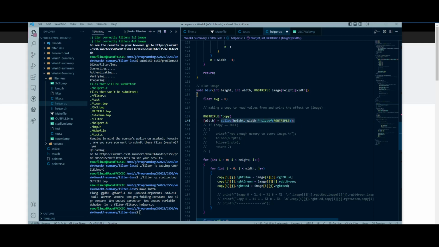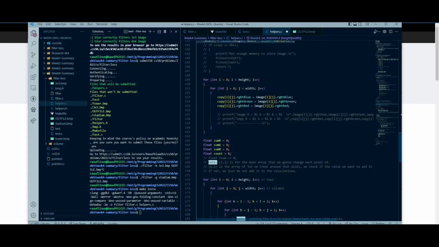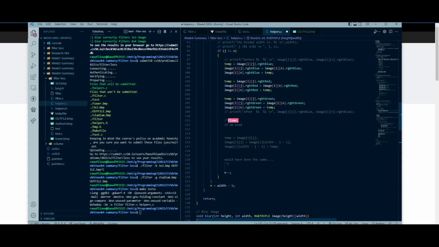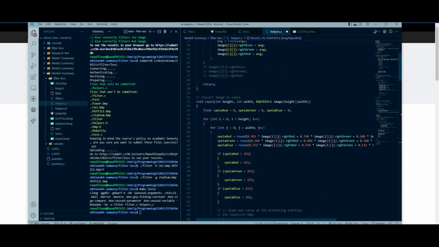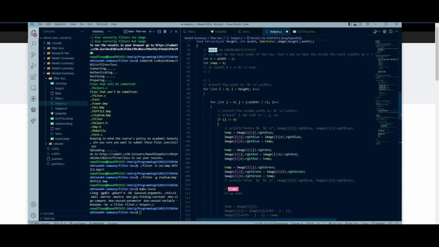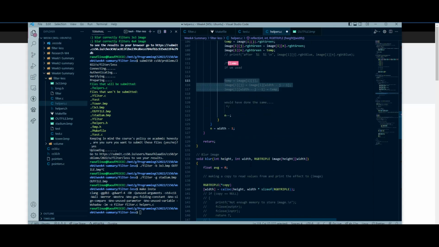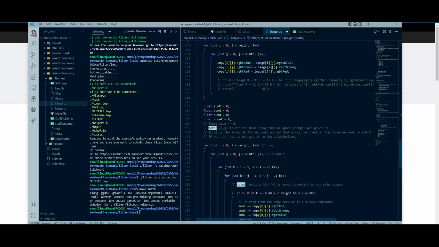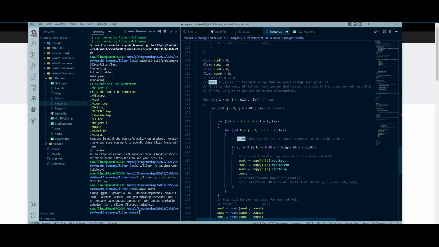And after declaring this array, I made nested for loops to copy the values from image and store it in copy. I think that you can do the same that you could do here with swapping. Yeah, something like that. Instead of copying each value,